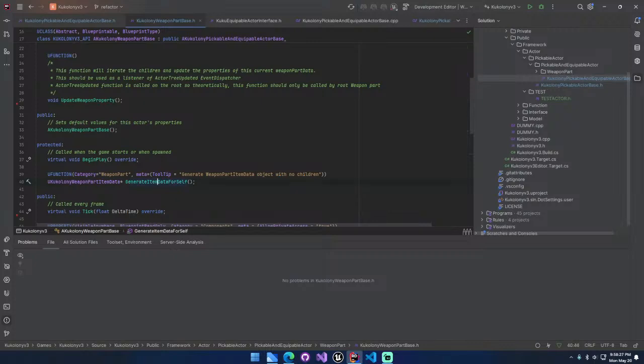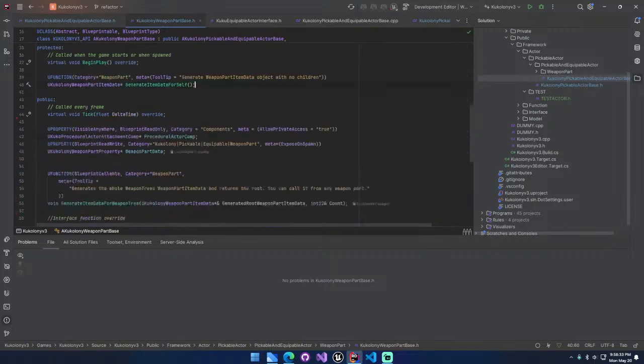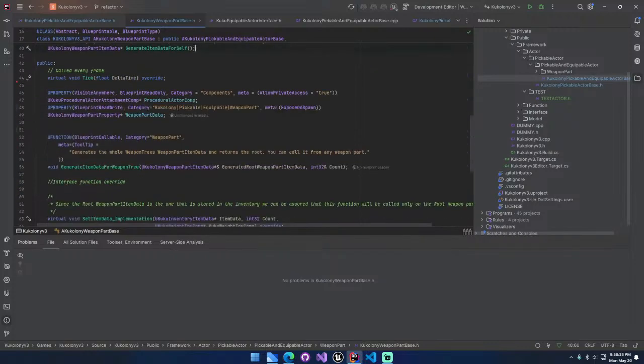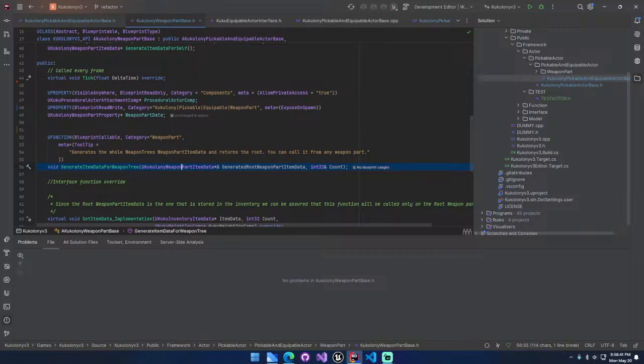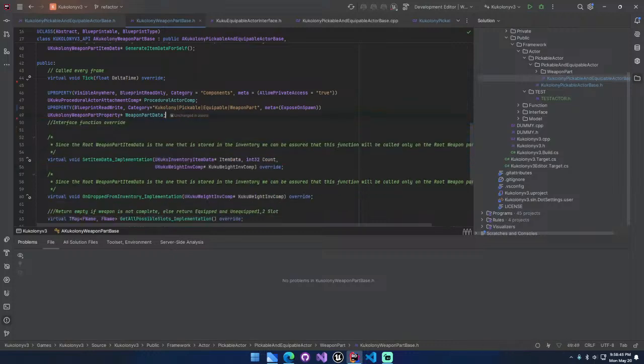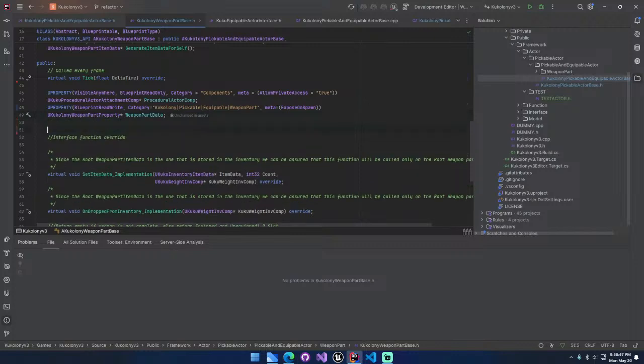General item data per cell. Required item data. This is also going to be, so let's call our